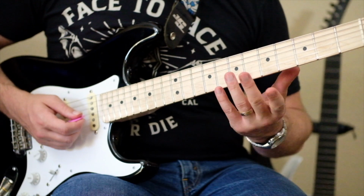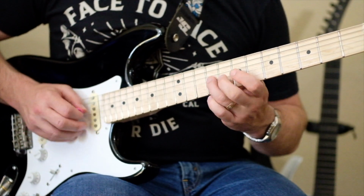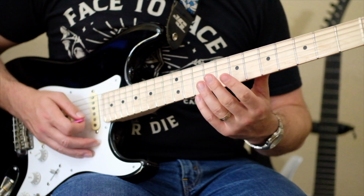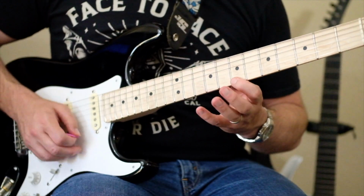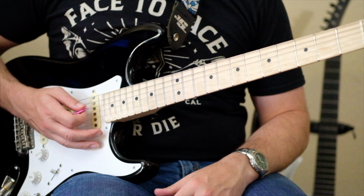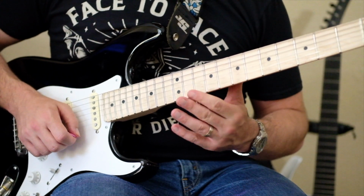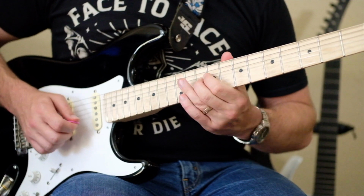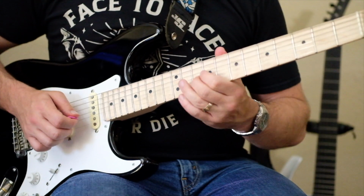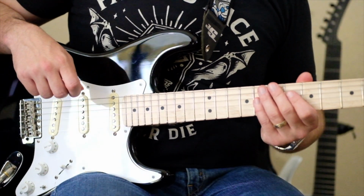If I'm playing 3 notes on a string, or 6 notes, then I'm typically going to pick all of those, just straight alternate picking. But when you have to change strings very quickly, try using economy picking. Okay, and then at 119, he does this